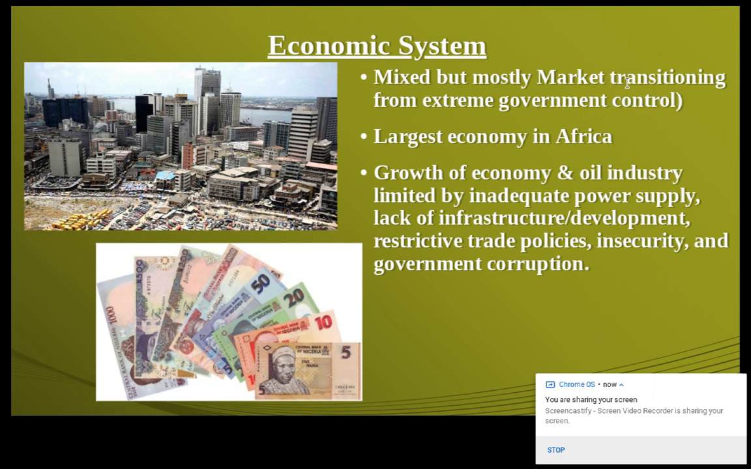It is transitioning, because for the longest time, prior to all the civil wars and prior to Nigeria becoming a presidential democracy versus a parliamentary democracy, there was a lot of government control. So it used to be mixed, but mostly command, but now it's getting to be mixed, but mostly market due to these changes. Something that is interesting, though, is Nigeria has the largest